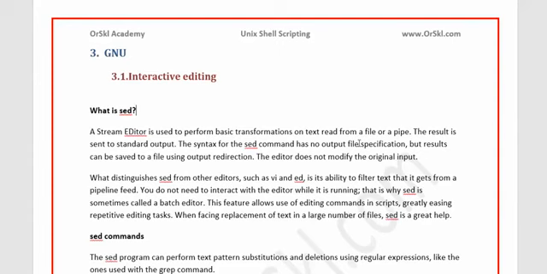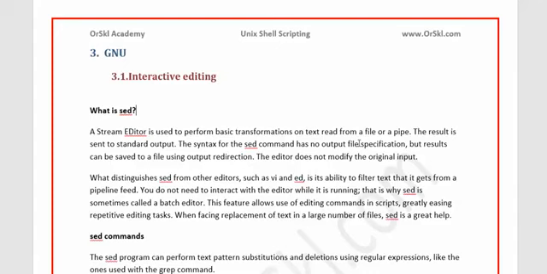Few people might use VI, but it is only interactive editing. That means somebody should be there to edit something interactively with a human interface. Only then does the VI editor work. But inside a script, searching something, editing it, and replacing it is very difficult, and can be easily done with the help of sed. Also, it is SED, not SAID. You will also find other sets of commands which might replace this functionality as well. As I said, for the same requirement, sed will work, awk will work, and grep might also work.